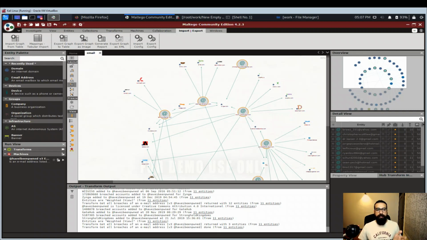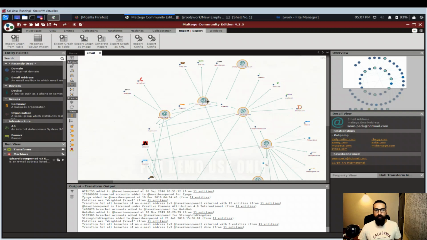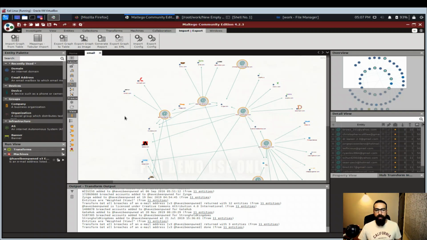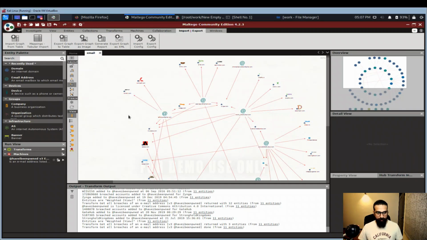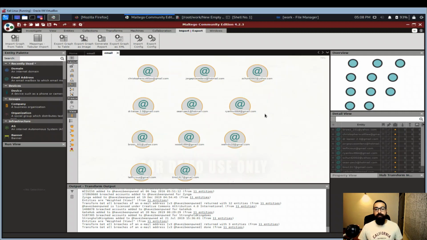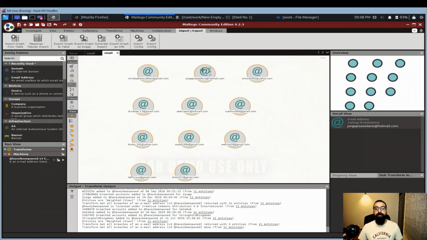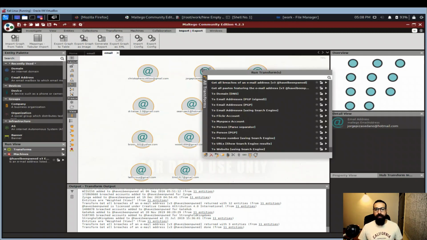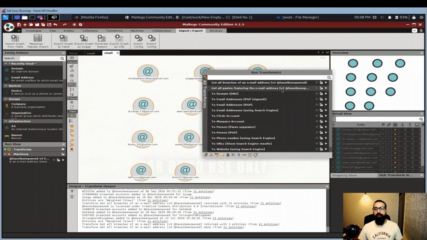This time, and on the fourth step, let's run another transform of Have I Been Pwned. Let me remove this information so that I can easily run the transformation. This time we will be executing a different transform because we want to see whether these email addresses appeared or are available in the pastebin. For this, we will use the second transformation of the Have I Been Pwned service.